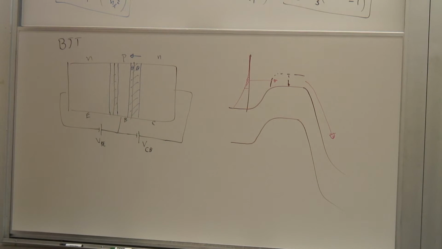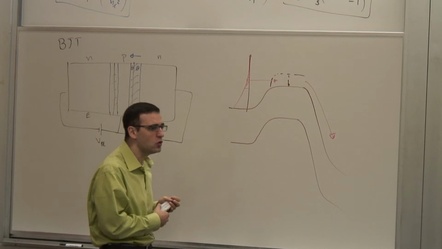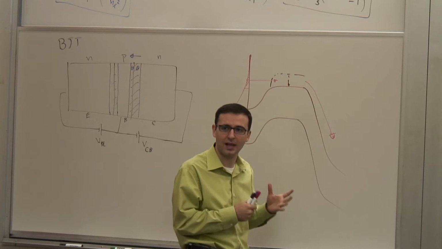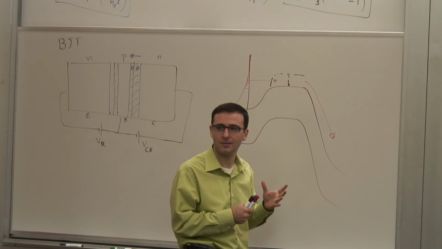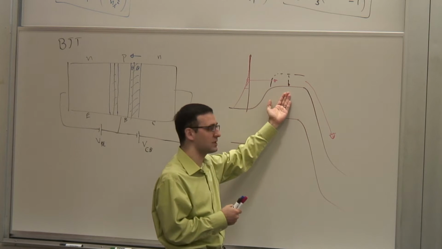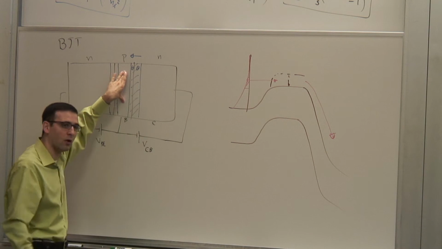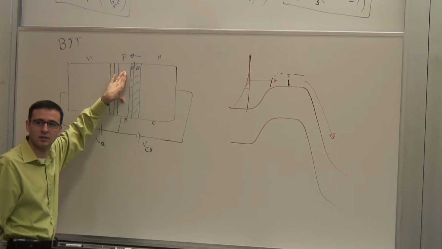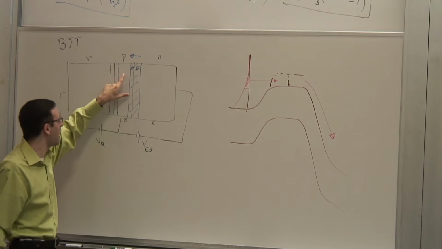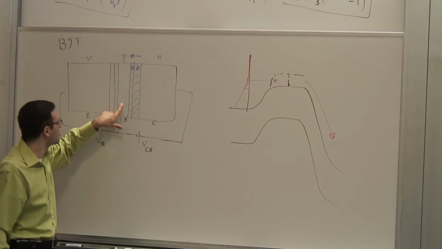Okay, in that sense. Now, that's the basic operation, of course. But nonetheless, you still lose some electrons. Why do you lose some electrons here? Because this is the p-type region. There's plenty of holes for them to recombine with. There are minority carriers there. It's a hostile environment for these guys. So they get in there, they're